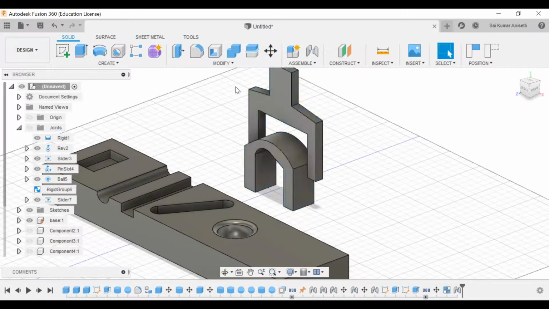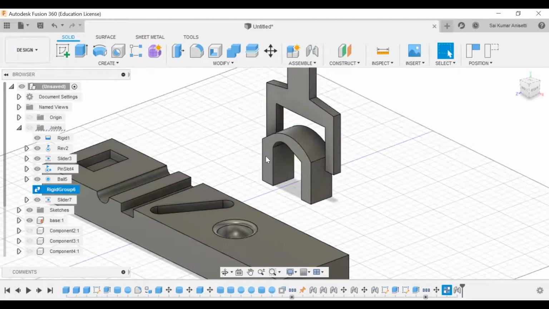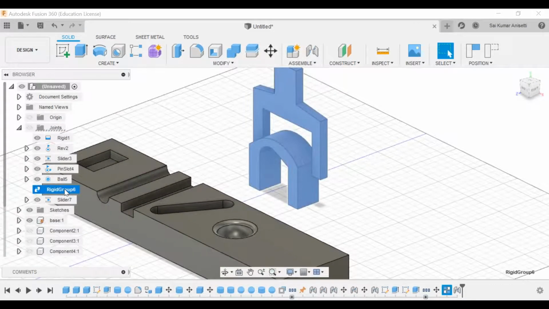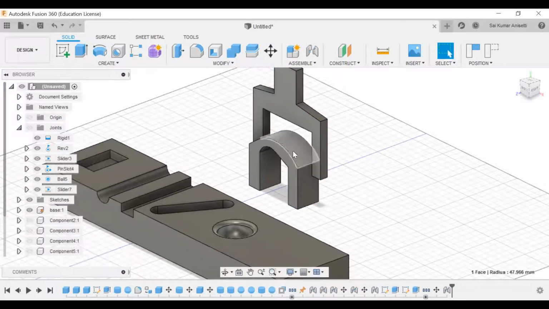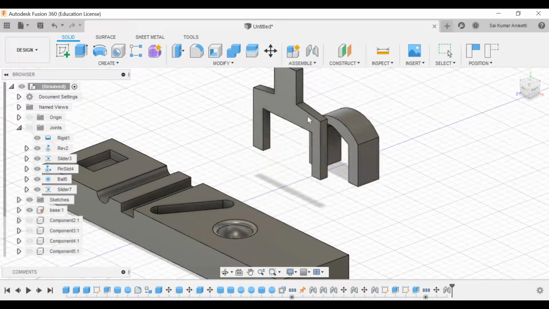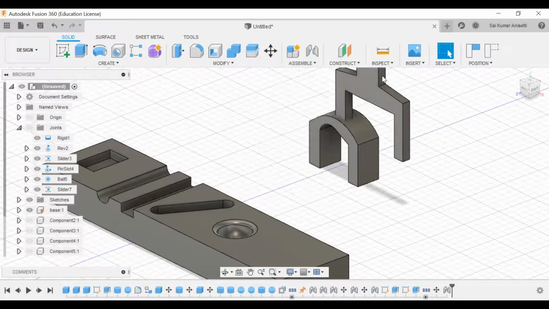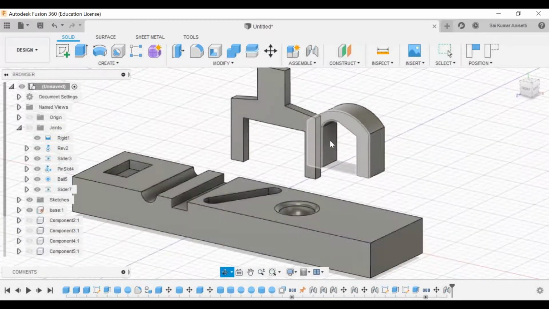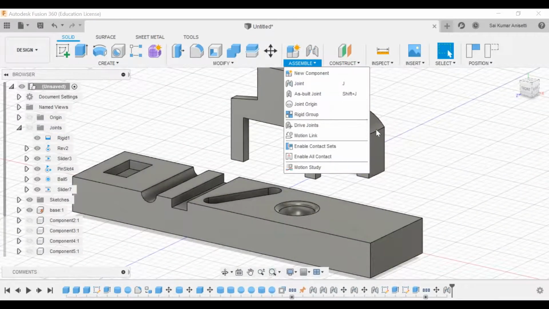These two joints are now rigid, I mean, this is one particular group. Now you can select this and move it wherever you want. If I did not have any rigid group, if I select this one particular body, it moves individually. Now these two are individual. They are not grouped into one. Just for selection purposes, you can create rigid groups.